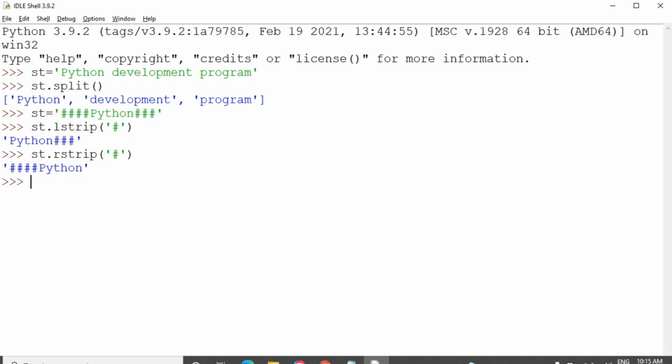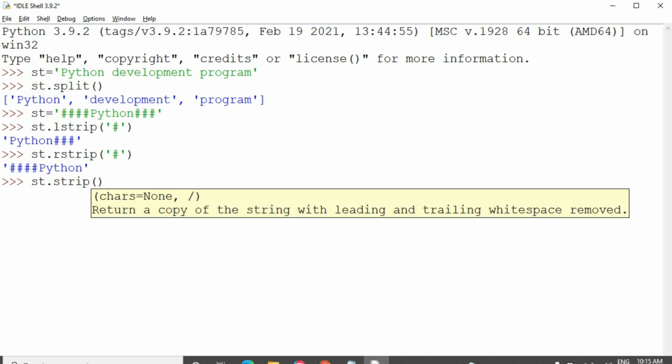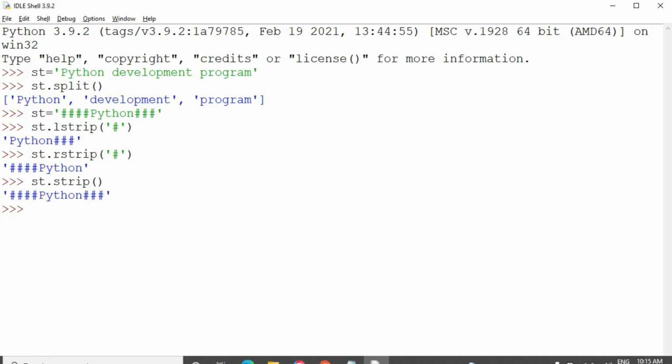Okay, I am taking the same example here, string equal to hash Python hash. So I am going to apply the strip function, st dot strip of.